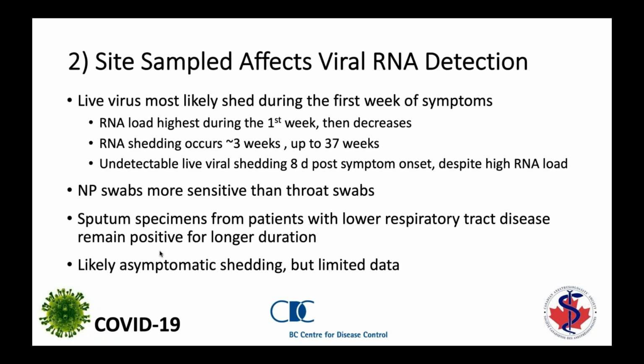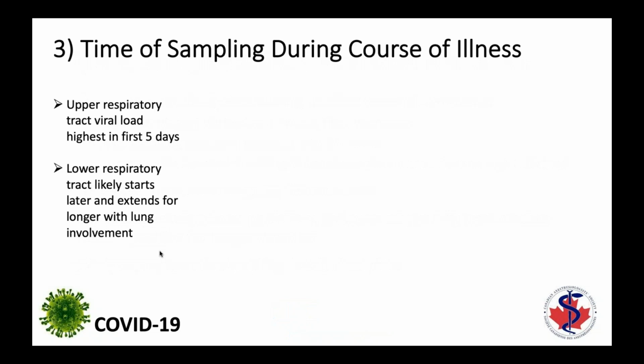There's also the component of asymptomatic shedding. Again, there's very limited data here, but one would imagine that shedding begins before illness onset. And I'll show you some graphs that might show you that. And we certainly have identified numerous patients who are totally asymptomatic but have presence of RNA. There are no studies that show active live viruses in asymptomatic individuals, but again, those studies have not been done.